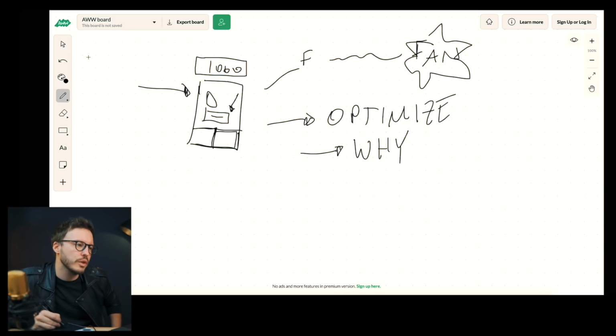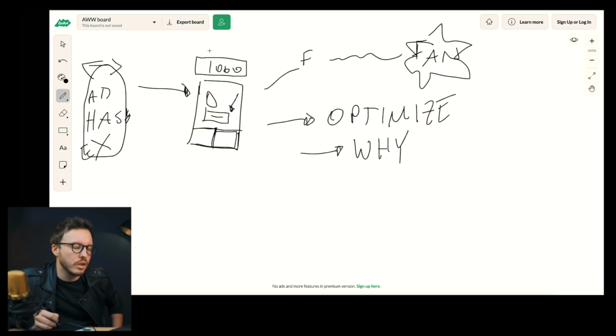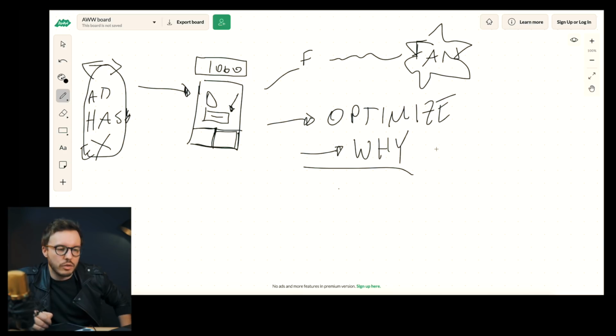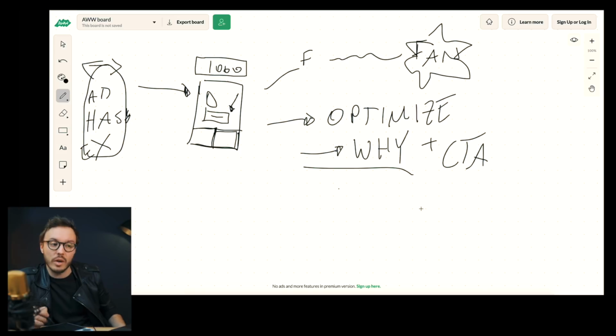People through the strategy, for example, you do some back and forth, or through some other ads, or through the hashtag section, or through the explore page, or through some other tricks, are gonna land there and they're gonna figure, why should I follow? Why? What's in it for me? People don't want to follow as much anymore as they used to, just because they're just over it because there's so many people. So first of all, you want to give them a why. Plus, you have to give them a call to action, here's why you should stay, and hit that follow button if you want to have more of that, for example, whatever that is.